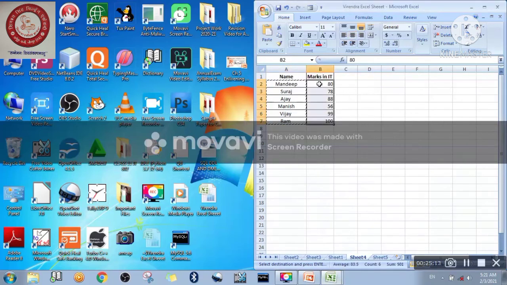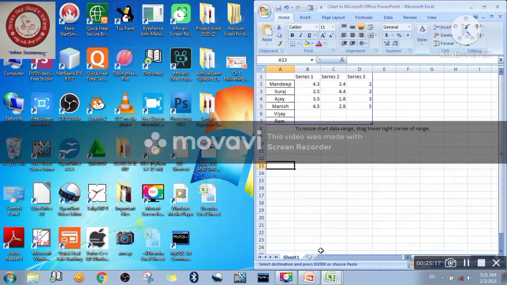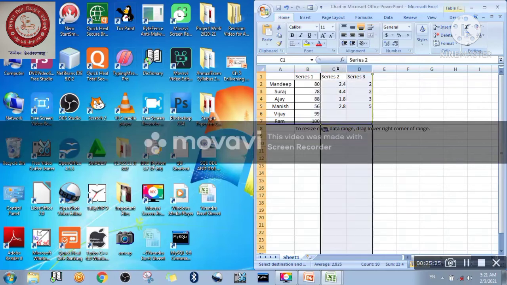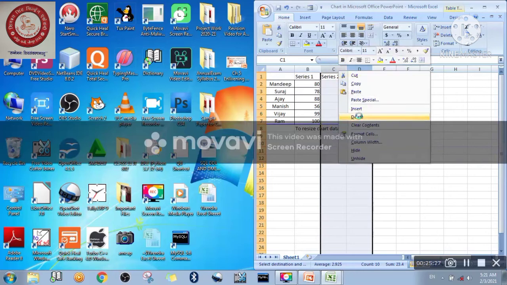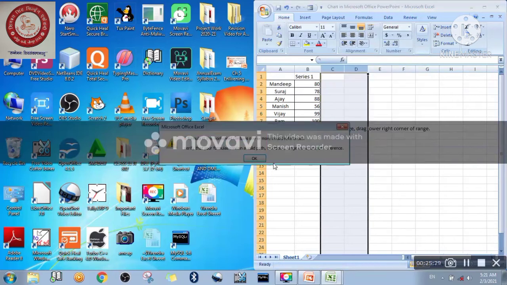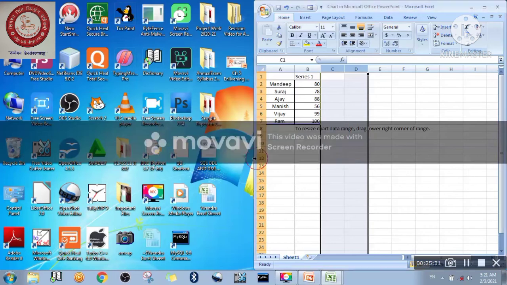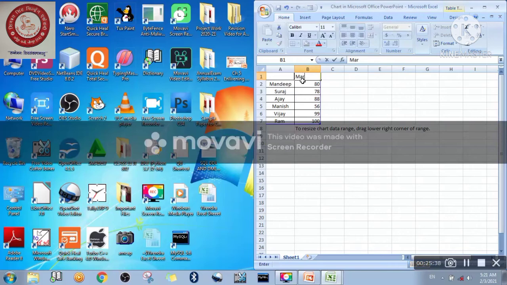Let me take the data series. Let me take the values for the data series. So let's open it, and I will paste this one. Okay, I will paste here like this, and for the rest, I just want to delete a non-required one here, so I will delete it.